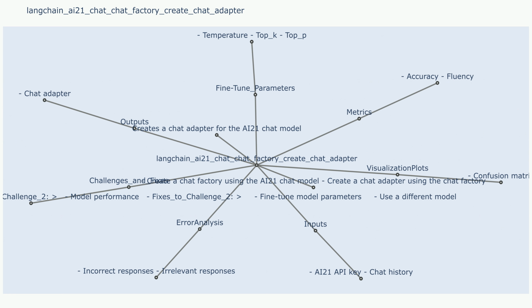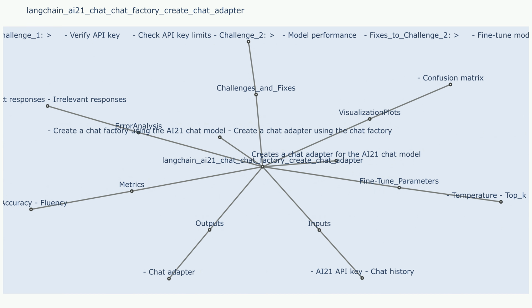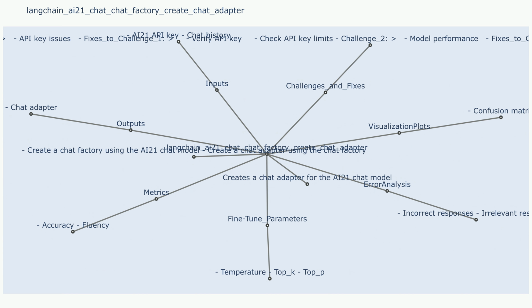Generation speed: the time it takes for the AI21 model to generate a response is a key metric for evaluating the efficiency of your chatbot. It can be measured as the time elapsed from the point of receiving a user's message to the delivery of the AI21 model's response. Visualization plots: